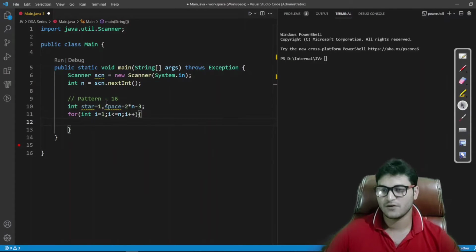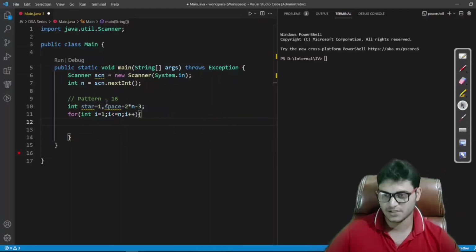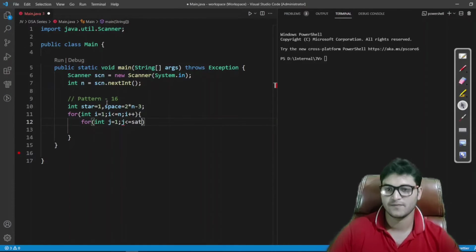Fine. Now what we have to do, we just have to print the stars and spaces. So we'll have to print the stars first, and after that we'll print the spaces also. So we have to run our loop from 1 to the number of stars we have.